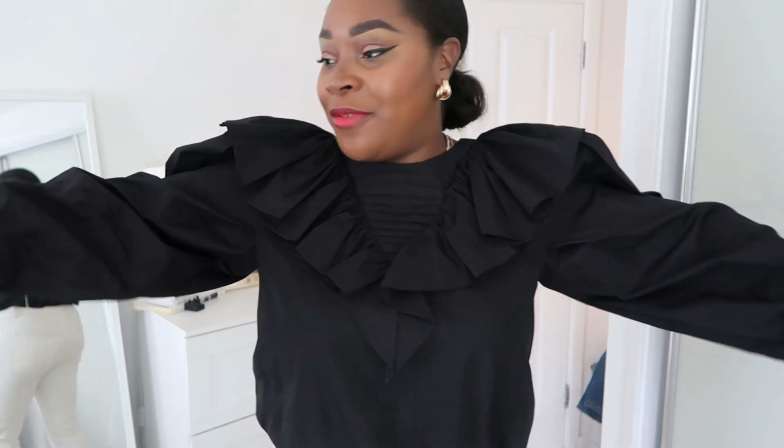volume. And of course this blouse is all about the volume, but you don't just want to look ridiculous. I can't lie, I do love the drama and the excessiveness of it, but you want to do it tastefully and not look like you're in fancy dress. And right now I'm thinking maybe this needs a bit of a flatten or something, I don't know, but I do really like it. It's got this pleated detail at the neck, then these giant ruffles, puffed sleeve,